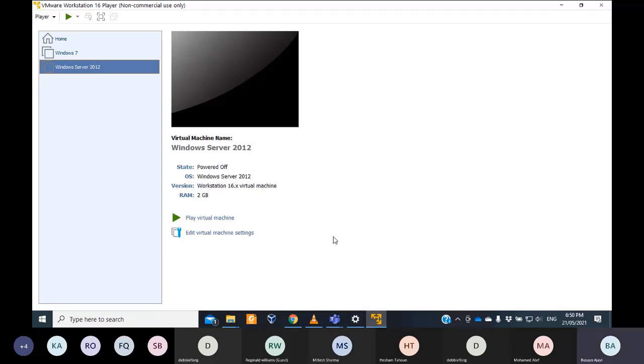Okay, as I told you, there are some steps that you need to take as notes, so you will not have this kind of mistake during the installation. Okay, how can I install the operating system first in my Windows Server? Please right click on Windows Server 2012, right click on this virtual machine and go to settings,